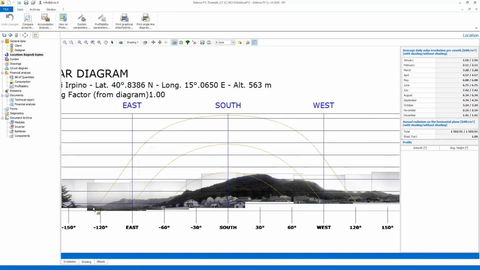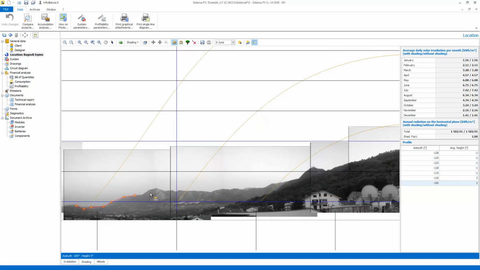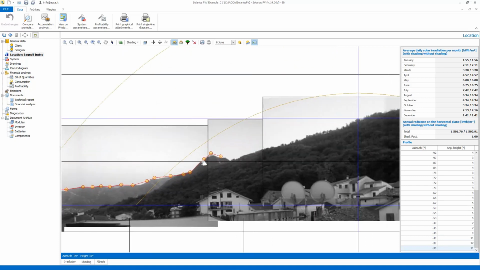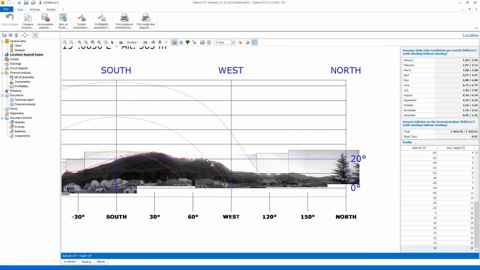As a general rule of practice, modules can be placed according to a south orientation with a tilt inclination equal to the location's altitude minus 10 degrees. But if this rule is valid, why are we using a software? For an optimized module positioning, we also need to take into account the presence of hills, valleys, mountains, trees and any other obstacles, such as buildings on the horizon that may influence the amount of solar radiation that may affect